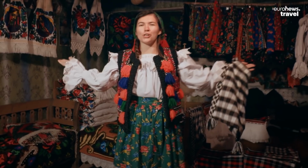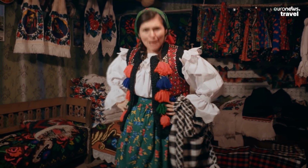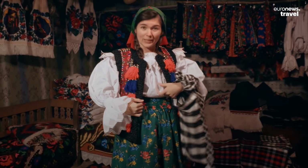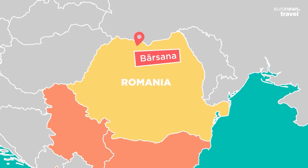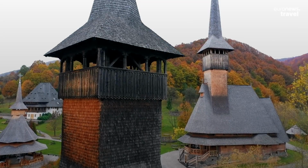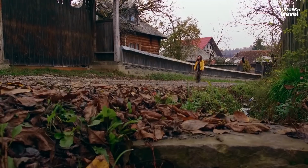Ta-da! Traditional dress from this region of Romania, and it looks amazing. It's all handmade. Some of it is really, really old, like this shirt, probably a few decades old. Look, I loved wearing that traditional outfit, but I didn't want it to get messy in my next location, Teo's